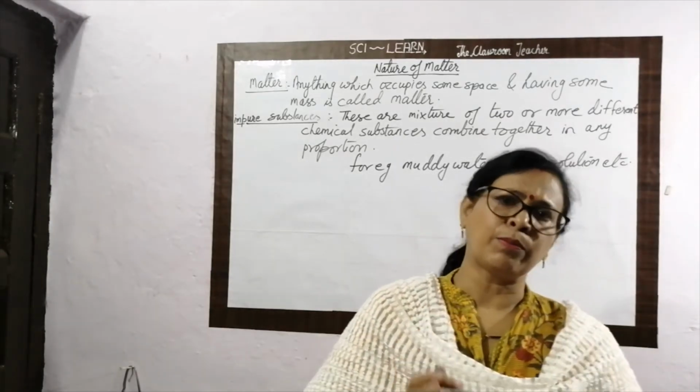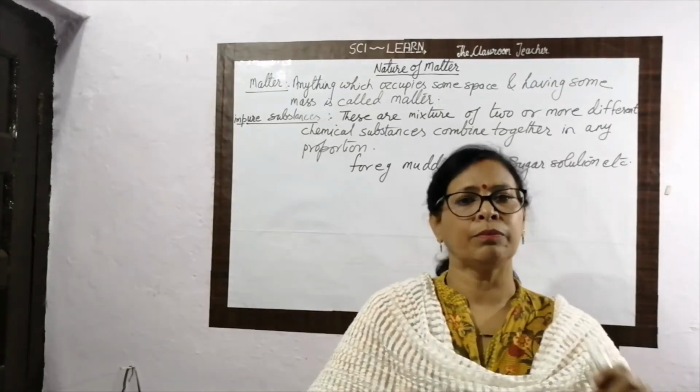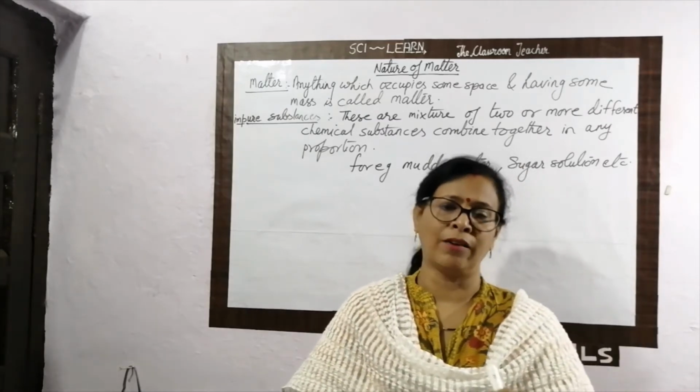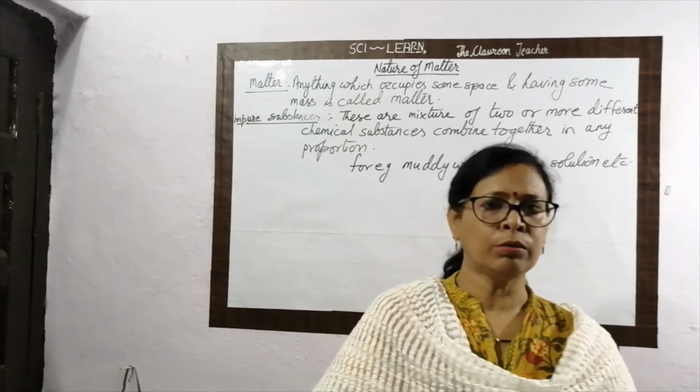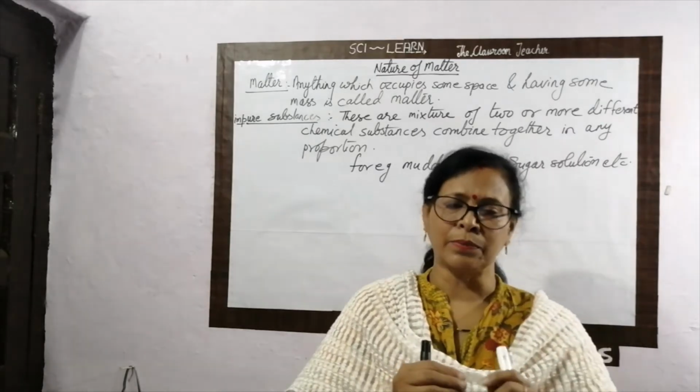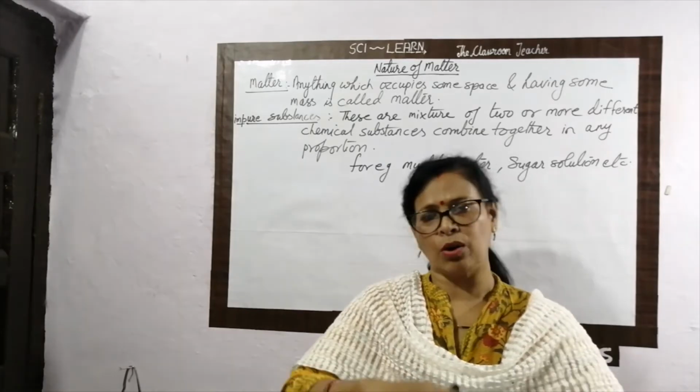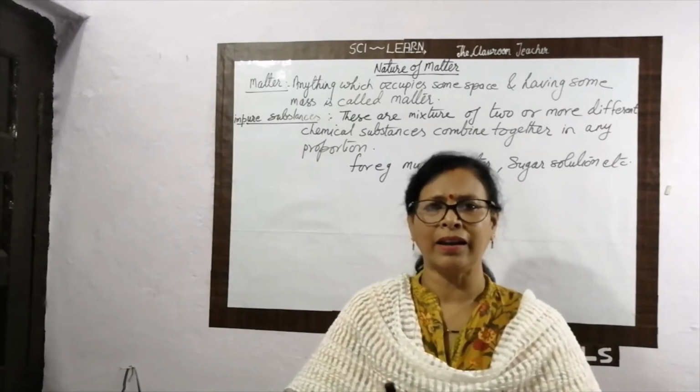Is it in a fixed proportion? No, you put any amount of it in the tea, according to the amount we have to make. You have to make 1 cup of tea or 2 cups of tea. But all the substances remain there, and this is called an impure substance. Impure substance means lots of things are there, combined anyway.